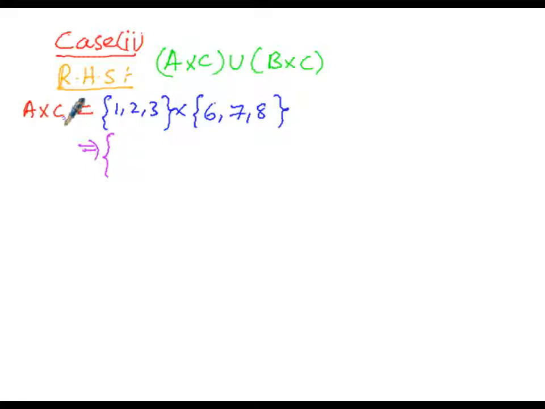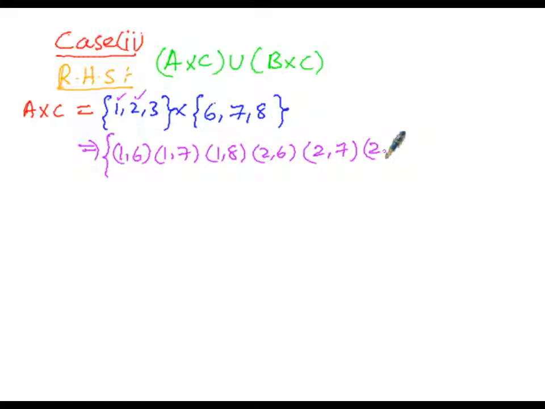C. So here with 1, 6 the first ordered pair, 1, 7, 1, 8 with 2, 6, 2, 7, 2, 8 with 3, 6, 3, 7 and 3, 8. So here these are the elements of A cross C. So in this manner I got, so here therefore A cross C is equals to, so these are the elements,